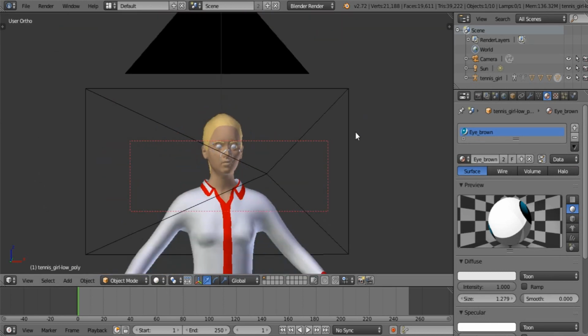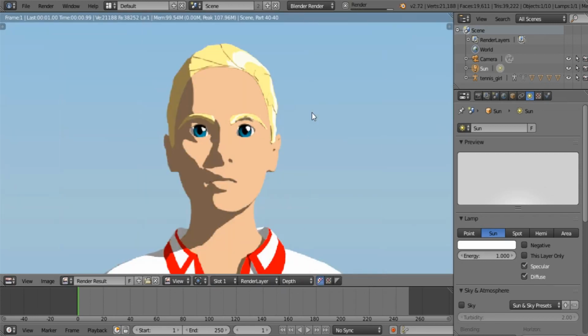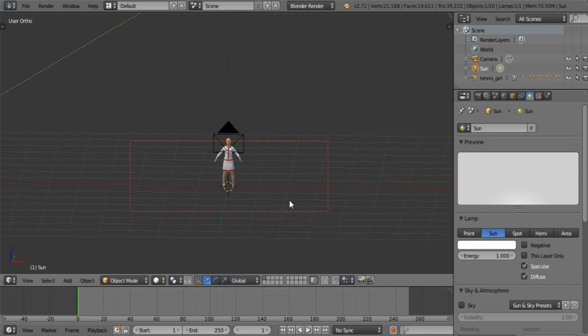Okay, let's quickly reposition the sun so we have a much better idea of what we're doing. Up there, and that should actually do. Let's render that out. That is awesome. That is seriously awesome. Okay, let's quickly